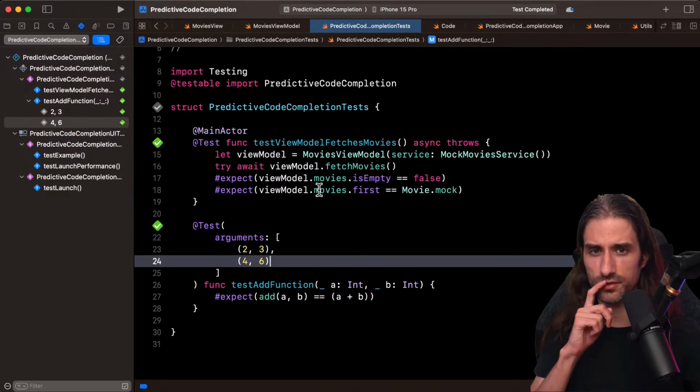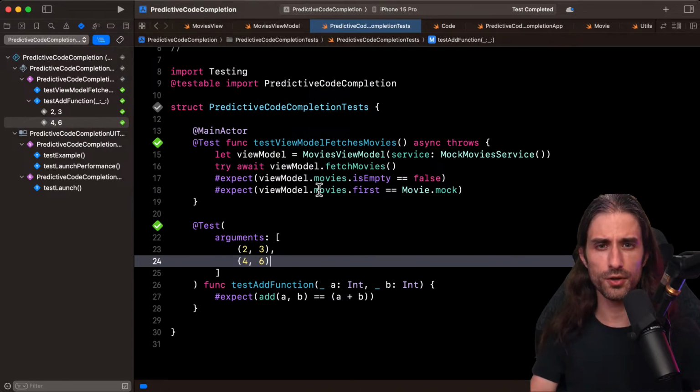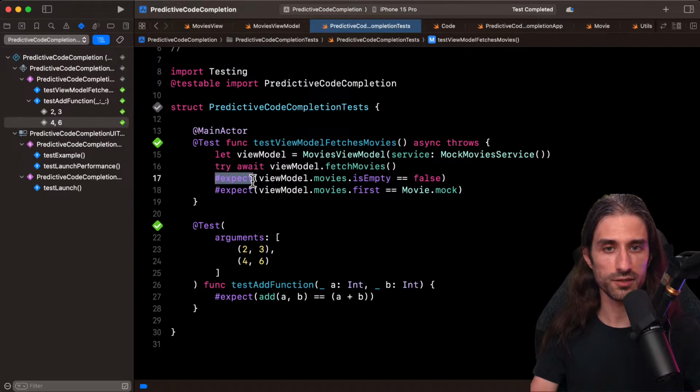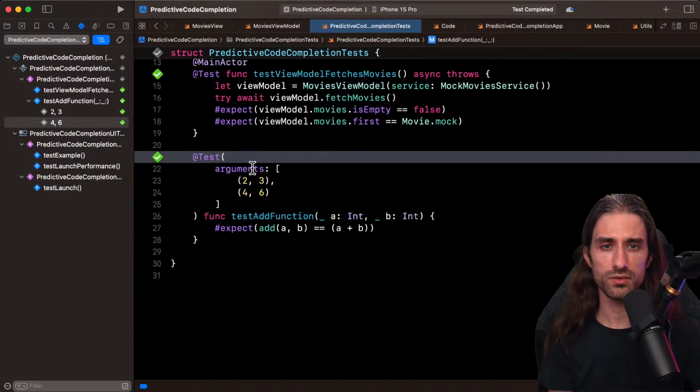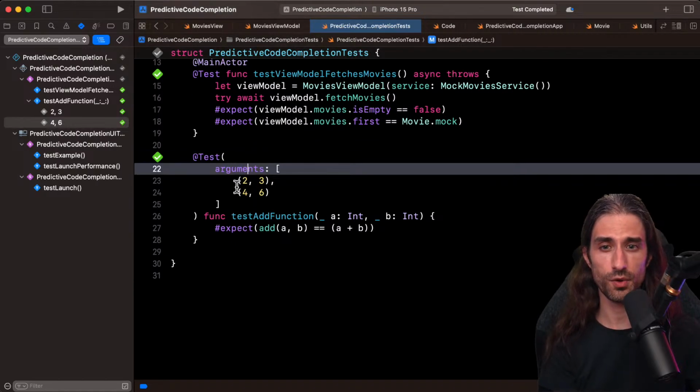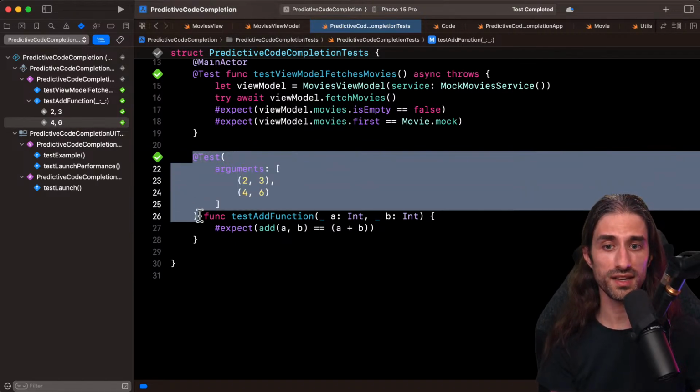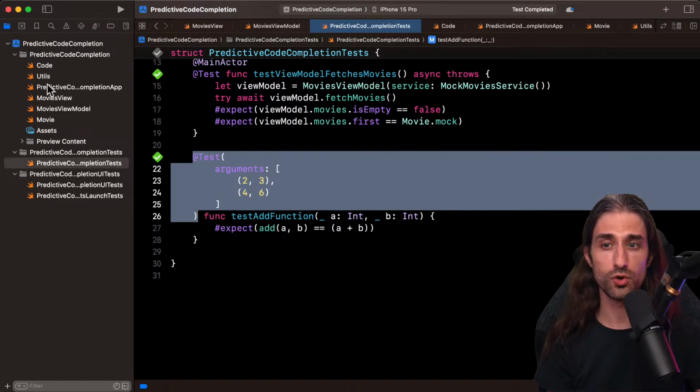Also, one thing that's good to know is that, remember the first time in this file, it suggested to use XCTAssert. Then the next time it did suggest expect, but because I had used expect in the same file. So maybe if I try to write another test for another function, now that the correct syntax is here, it will be able to correctly suggest.